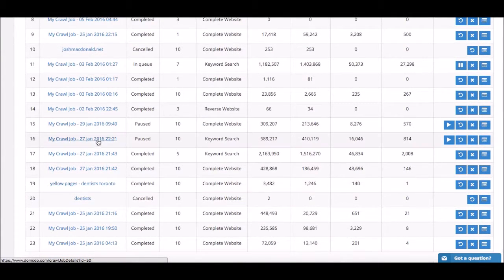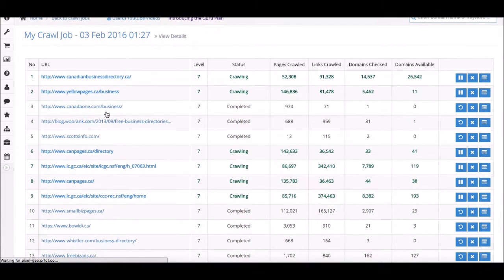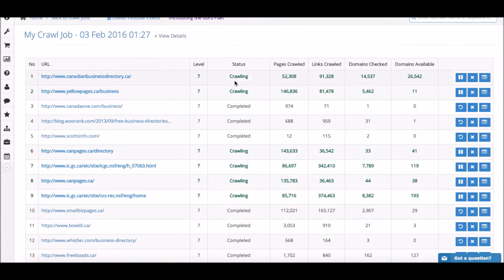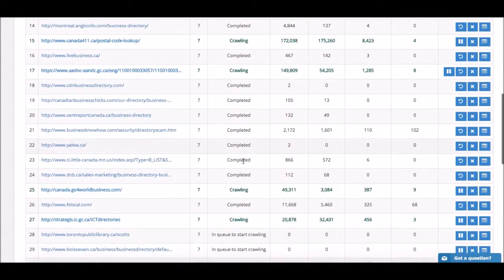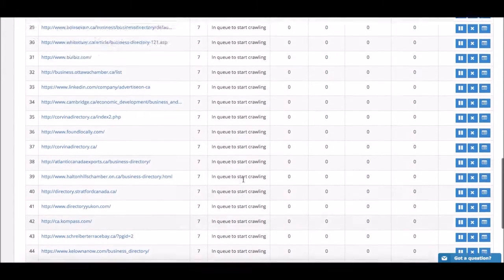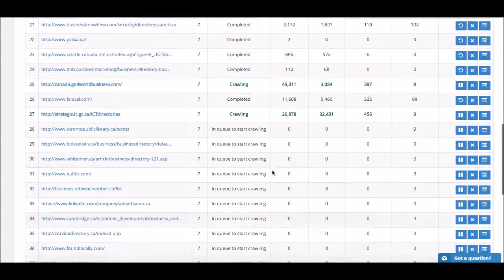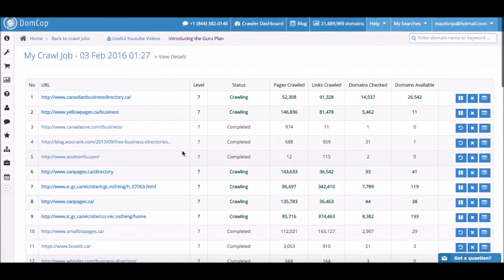So we'll go down here, and here we have one right here with 1, 2, 3, 4, 5, 6 crawlers, 7, 8 crawlers being used, 9, 10. All my crawlers are being used right in this campaign here. Each account gets 10 crawlers, which is basically 10 threads. So we can see up here at the top here,